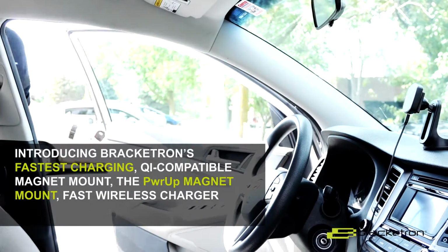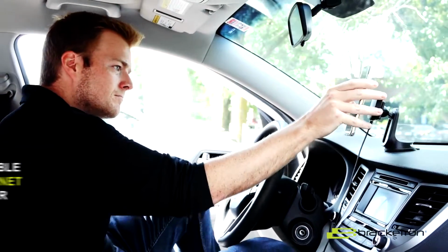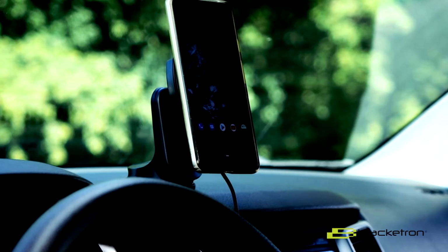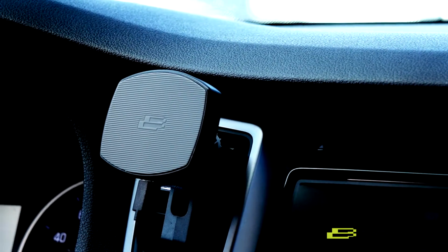Introducing Bracketron's PwrUp Magnet Mount with Qi-compatible wireless fast charge. The PwrUp Magnet Mount wirelessly charges your Qi-enabled smartphone, while ultra-strong magnets hold your device in place for seamless, one-handed